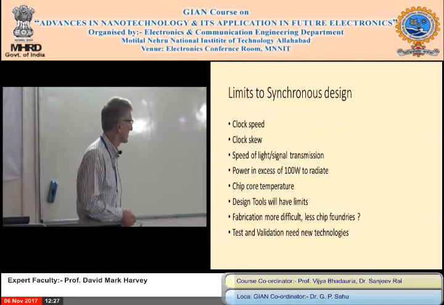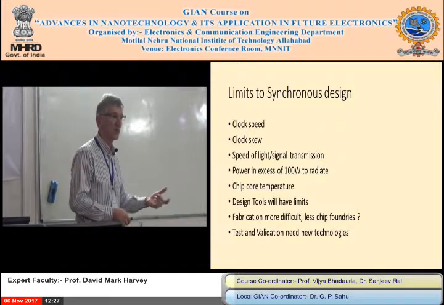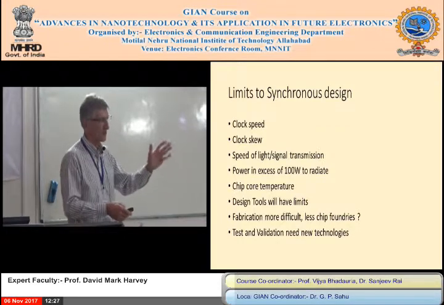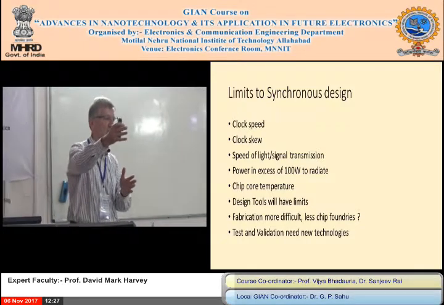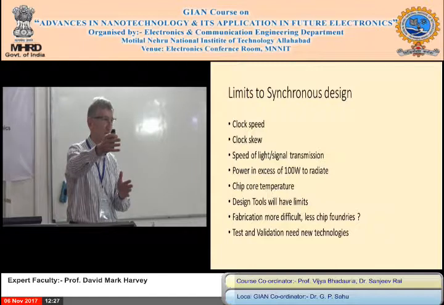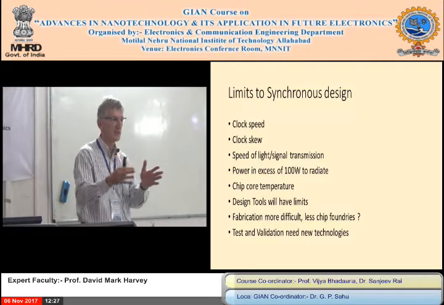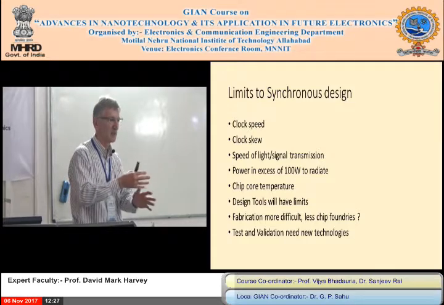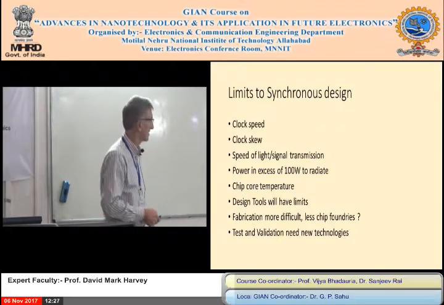As you increase the clock, you increase the power consumption, and the devices can only switch so far. Every device will have a limit. Even if you switch at 100 gigahertz, you can't go to 200 gigahertz. You'll have a limit. With switching, clock skew means if you've got clocks going across a big circuit, the clock on one side of the circuit will be different to the other side of the circuit. And that will give you major problems. So a lot of the manufacturers now have clocking systems where they try to keep the clock lines aligned. Everything's going at the same clock or multiples of that clock. So if that gets skewed out, you can get the wrong answer. And as speed goes up, skew will be more difficult to handle.